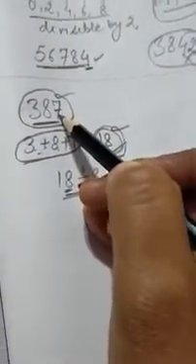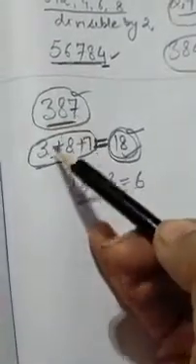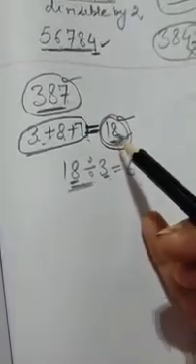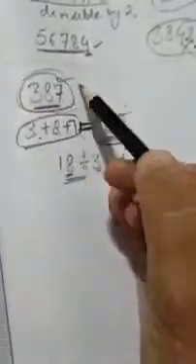What is the divisibility rule of 3? Firstly, for the number that is given to us, we will add the digits of that number, and the sum that we get, if that sum is divisible by 3, then the number will be divisible by 3.